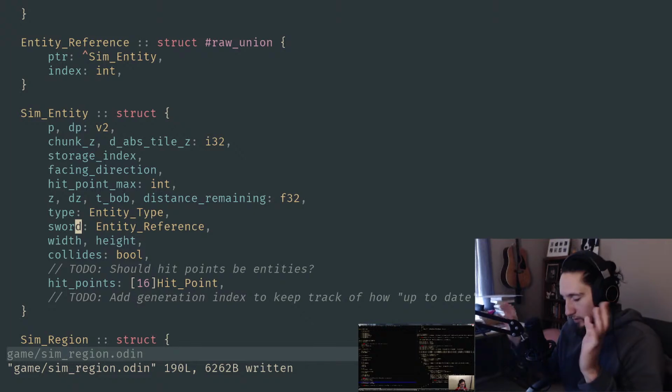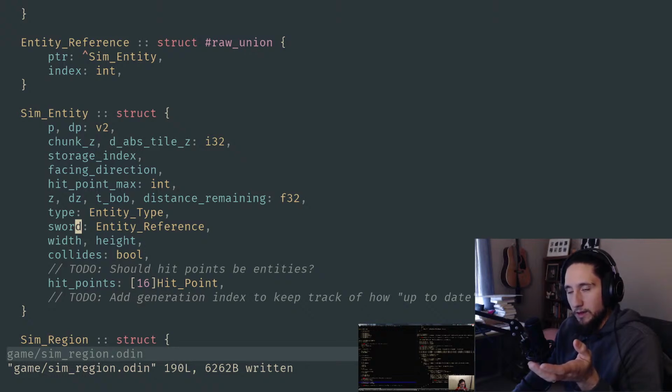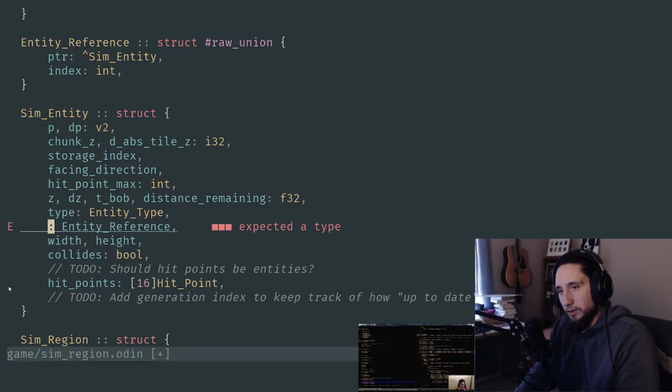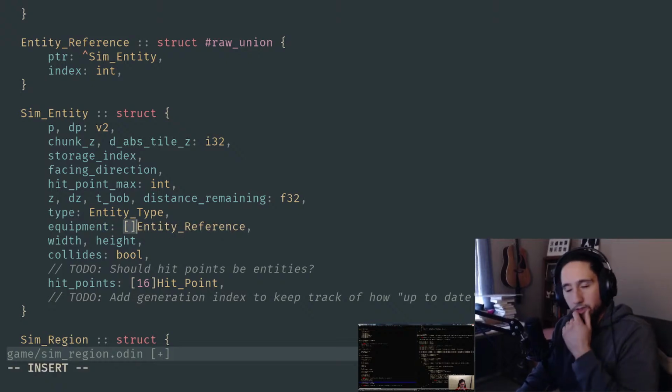And I'm just thinking more generically at this point about what it is we're doing in here, and what it is we're actually giving this simulated entity. Like, it doesn't have to be a player. Only the player has a sword right now as far as our implementation is concerned. But imagine it was a list of tools or equipment instead. And I'm thinking about what if it was just a slice of entity references,